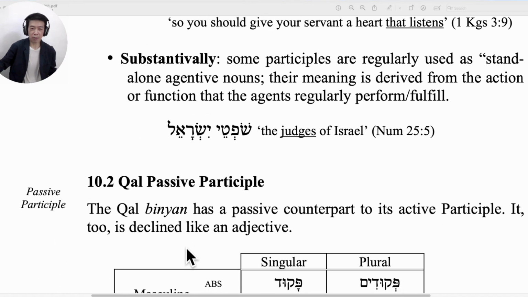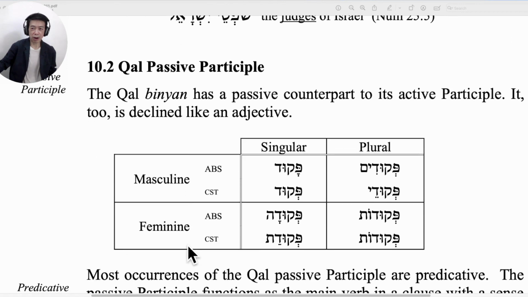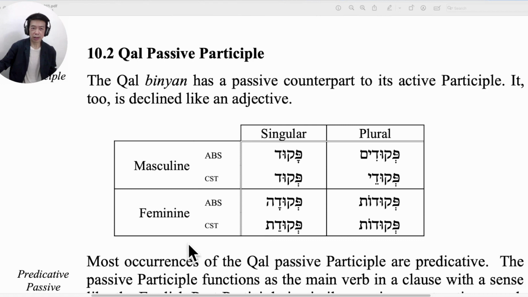Next, let's take a look at the Qal passive participle. The Qal binyan has a passive counterpart to its active participle. It is also declined like an adjective. So, as mentioned earlier, this verb with a dagesh, pronounced as a u, is present in the third position of a verb, meaning it's between the second and third root letter of a verb. So for the masculine absolute form, singular is